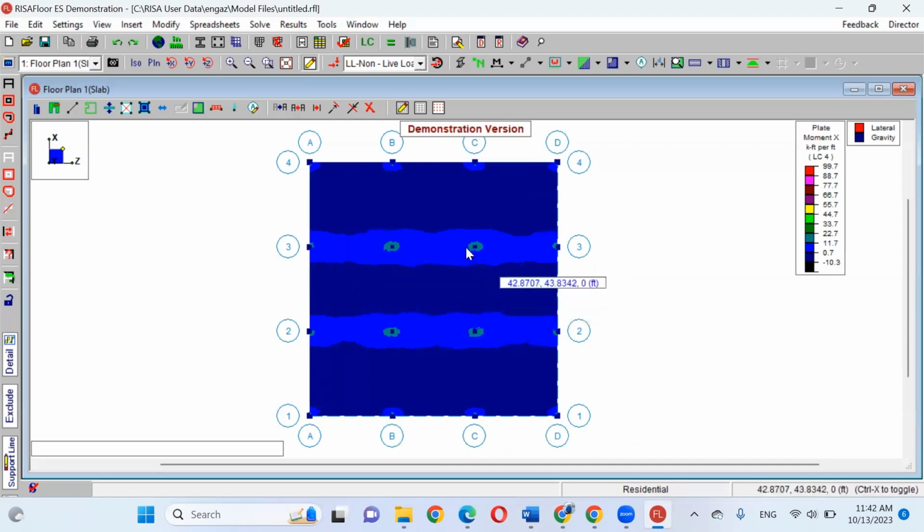So please go ahead and see what color do you have. I don't care about the green color over the columns. I don't care about them. I will be concerned about the biggest colors, which are light blue between 11.7 and 0.7. We have a very dark, which is in between this area, between 0.7 and negative 10.3. So we have negative and positive, up and down. So I'm going to use the biggest value, which is 11.7.